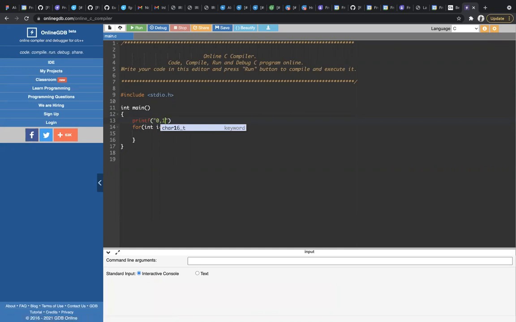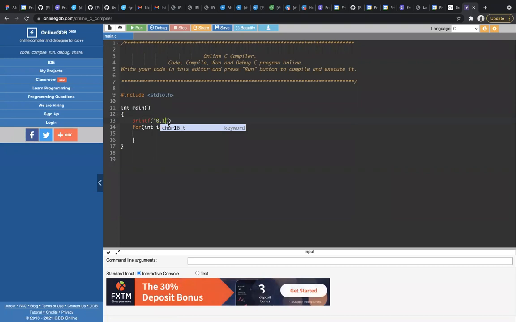Okay. Like I'll have it like this. 0 and 1. These are the two numbers. And after that, consider if my input is 8 and I already printed two numbers, how many numbers need to be processed in the loop?